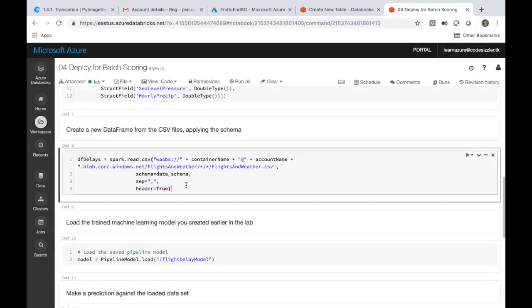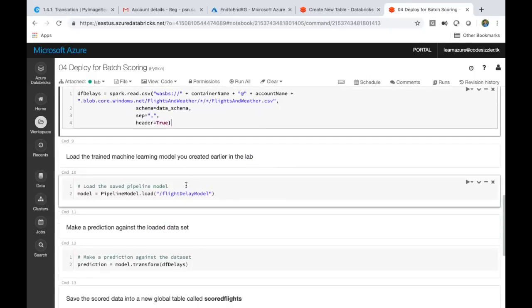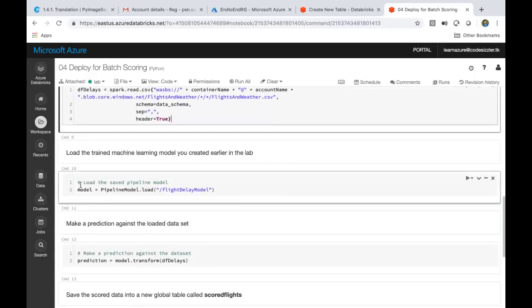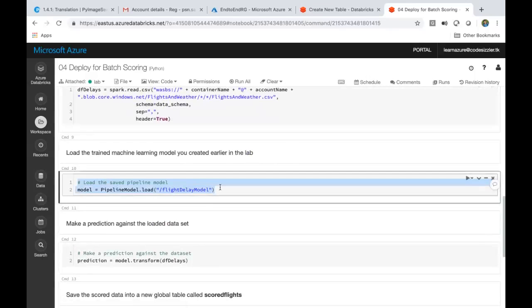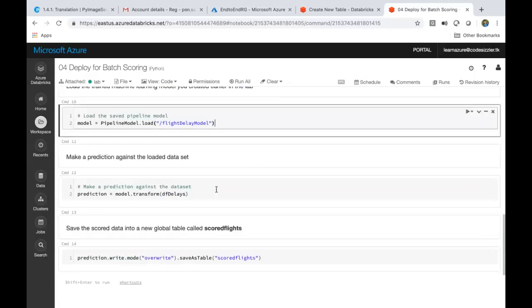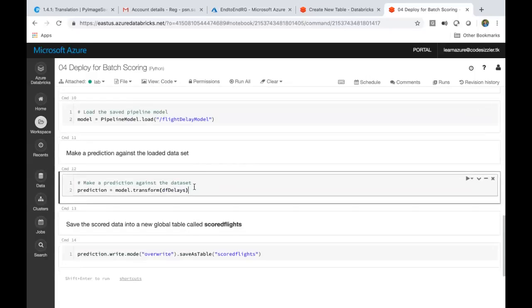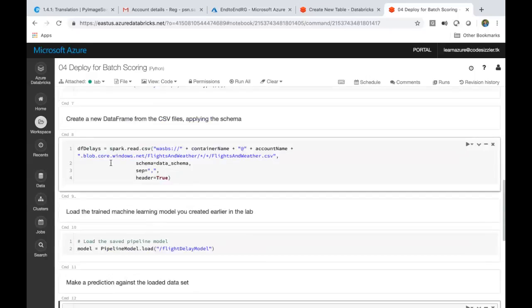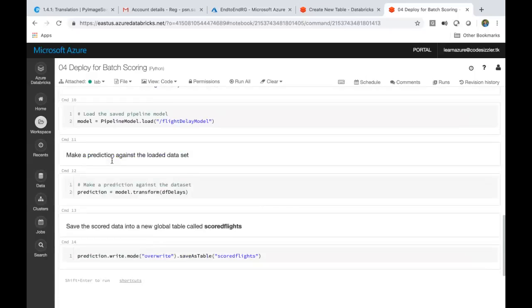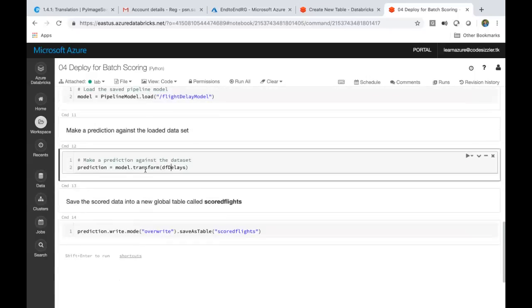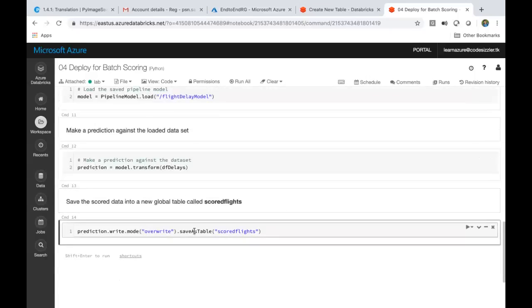Okay. Then I define the model, getting the model from here. Pipeline model dot load, that is from here. You load this. And then model dot transform, we are trying to apply it to your new data set. This is the data set that comes out on a daily basis. We pass it into the system and say transform it, get the prediction out of each record, and then write that record's output into my main table called score flights. Clear, everyone?